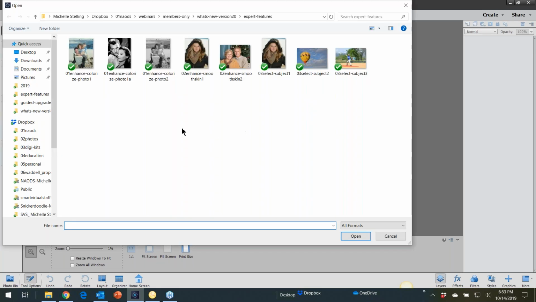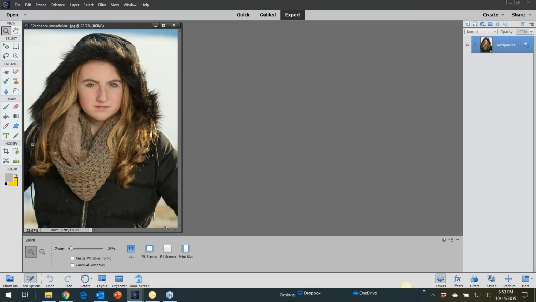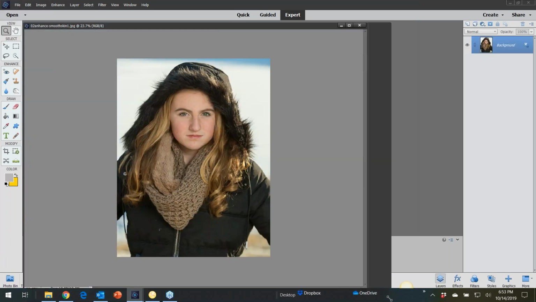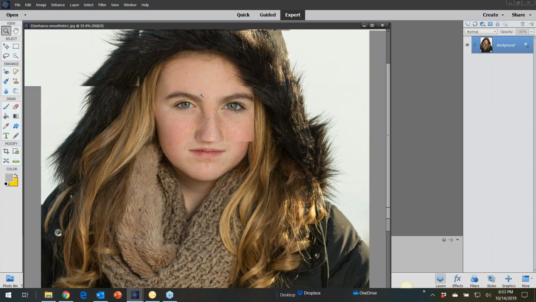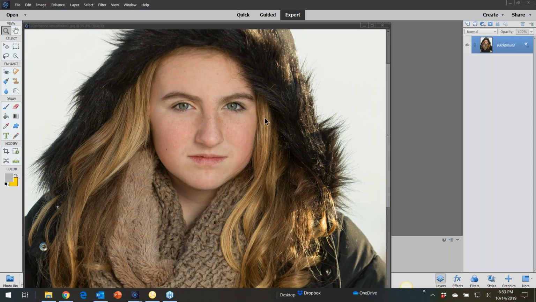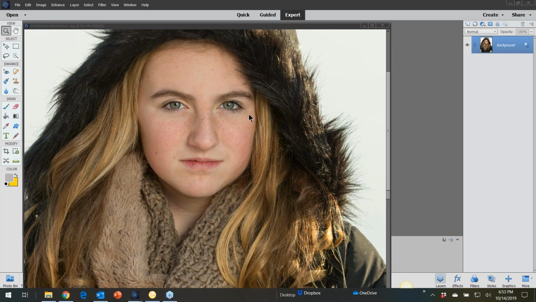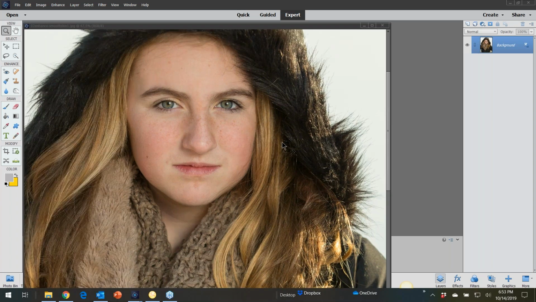And move on to the next one. Oh, this one, I like this one a lot. This is probably, for me, might be worth the upgrade because I do portraits. I don't do a lot of portraits, but it would save so much time. So here's my niece, Sydney, and now what they have is called the